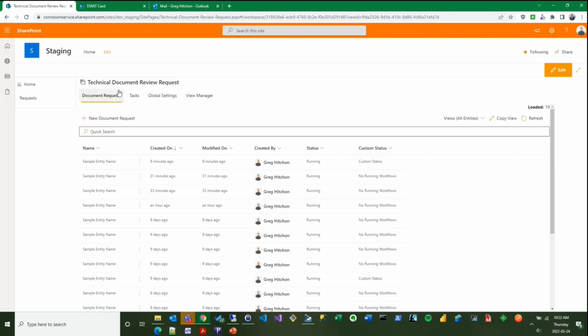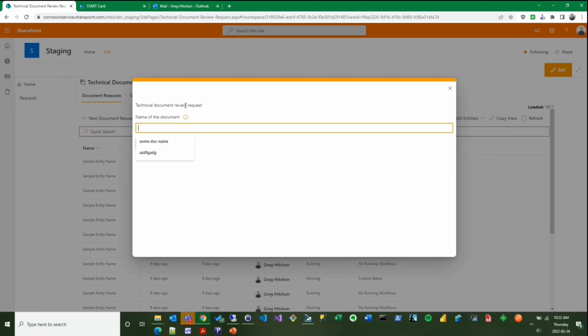So what does this do? To create, this example is just for a document review request, but really it's just a sample. There's not much in this workflow, but this form is customized, so you can have any inputs you want. So we're going to submit this document.